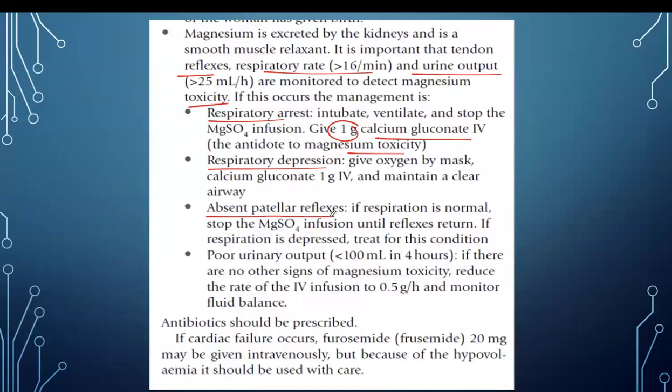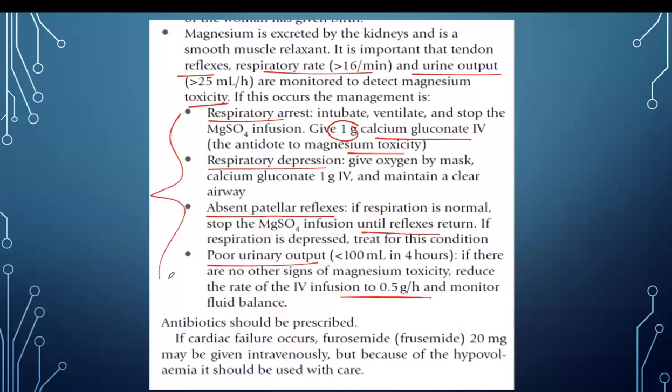If there is absence of patellar tendon reflex, stop the magnesium until the reflex returns. Okay, if there is poor urinary output, if there is no other sign of magnesium toxicity, reduce the rate of